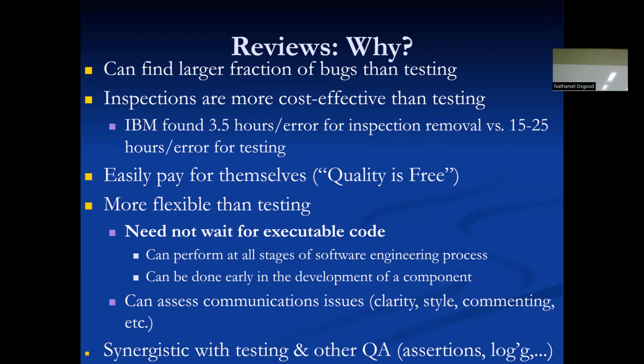So how is it that it could actually be more efficient? Anyone? Why could peer review be more efficient? Can you hypothesize some reasons? Yes, Jason. Well, this is one reason, but if you find the problem earlier, it's a lot less expensive. Excellent. Yeah, remember that exponential graph I drew? If you find it earlier, maybe a lot fewer tests are written around it, a lot fewer lines of code elsewhere in the system are written around it. And it may be that there's less ripple effects for changing, right? So that's really good.